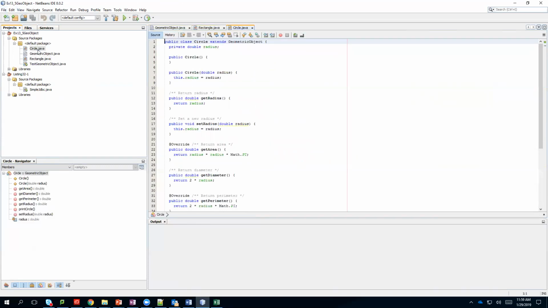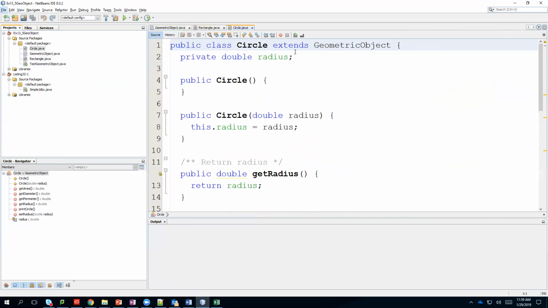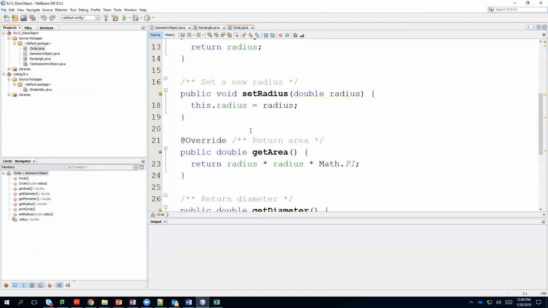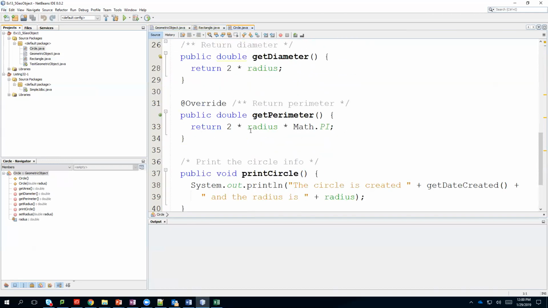Now our circle is not going to be much different, right? It's still a geometric object. It extends, again, that base class, the geometric object class. And the only thing we need to add to figure out the perimeter and the area of a circle is the radius. So we had to have 2 additional fields for a rectangle, but for our circle, we only need the 1. Again, we have our constructors set up, our getters and setters, and then our calculations,